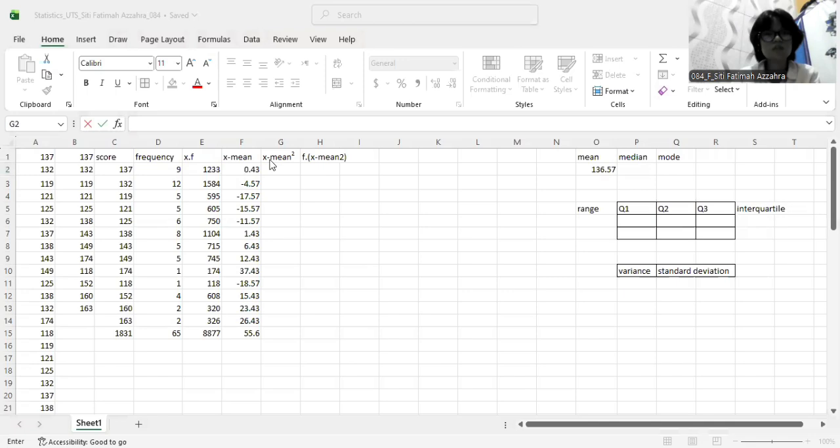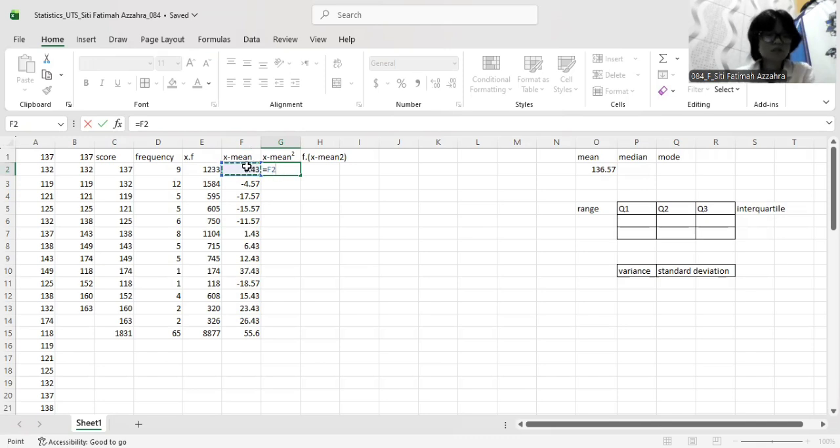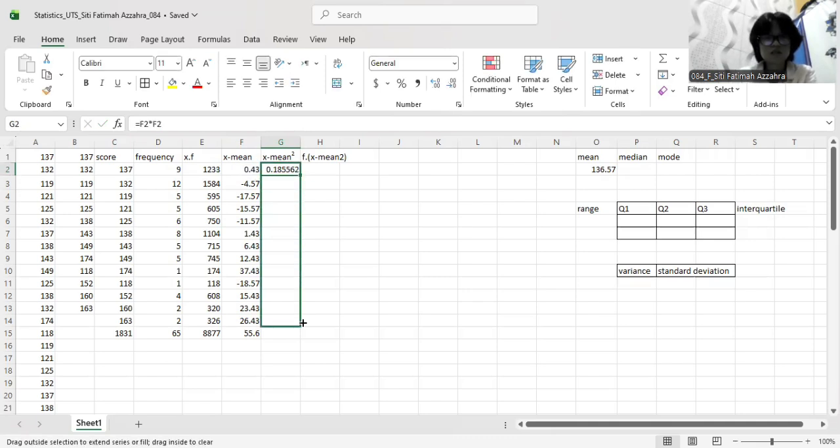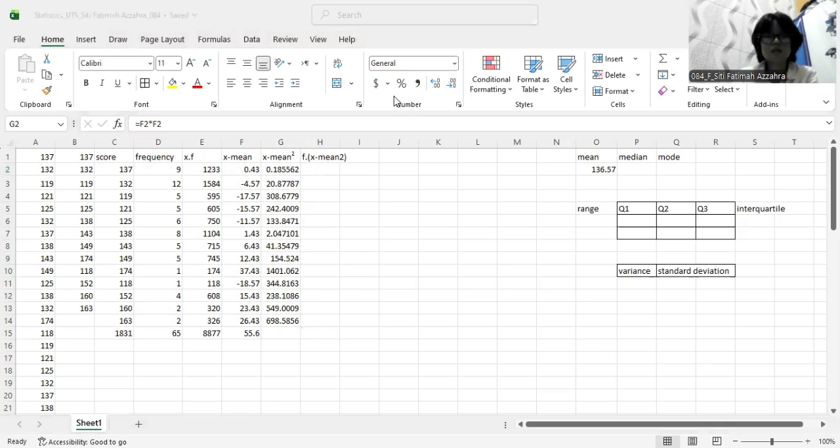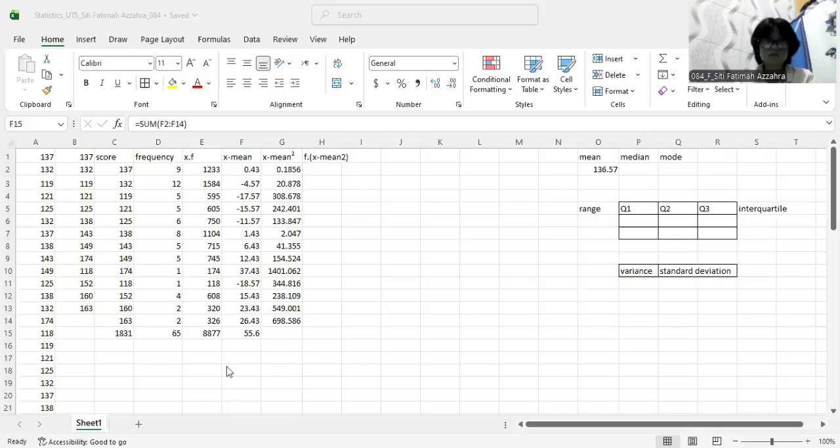Okay, so to search the x minus squared, we're going to do equals, and we're just going to do this simply. So x minus, the first one, then multiplied again, press this again, and so on, and drag it just like the others, and delete the numbers. I'm not going to do that later. Delete the numbers, leaving 2 digits because too many is unnecessary. Okay, so don't forget for the x minus squared to find the sum too. You drag it as usual, like this.